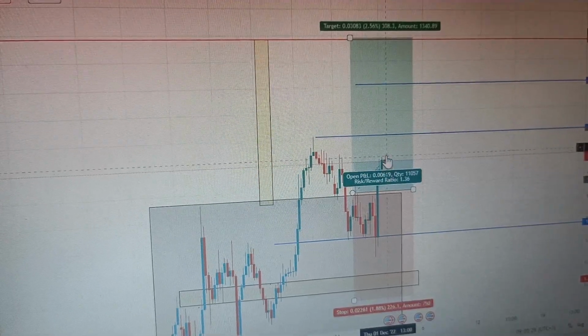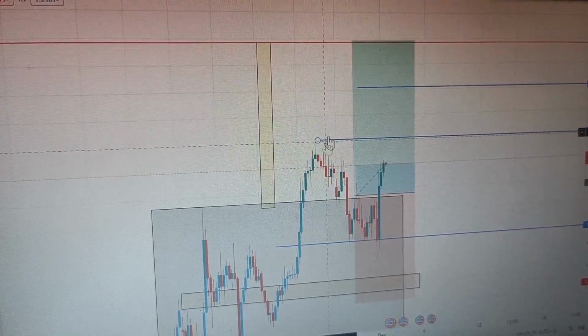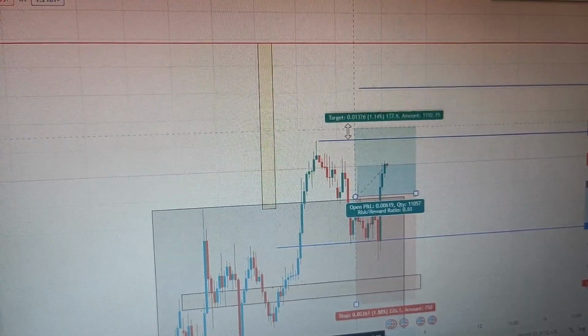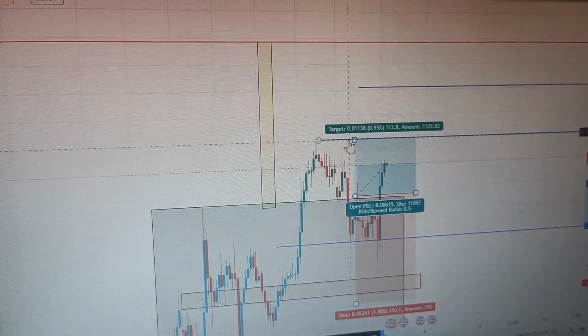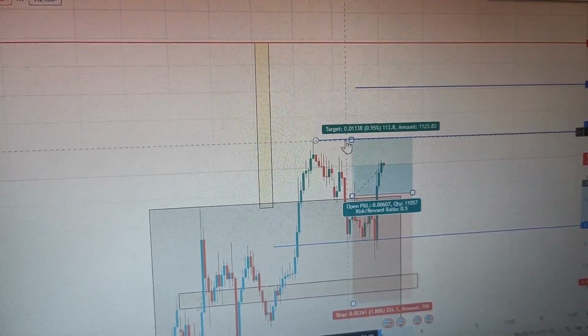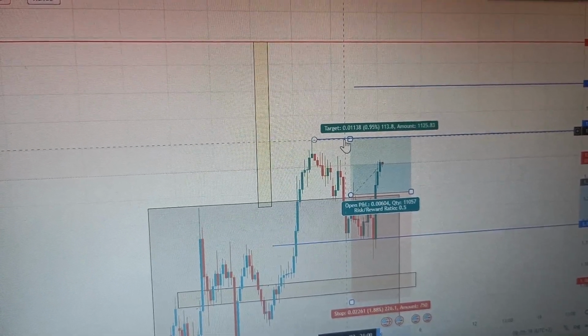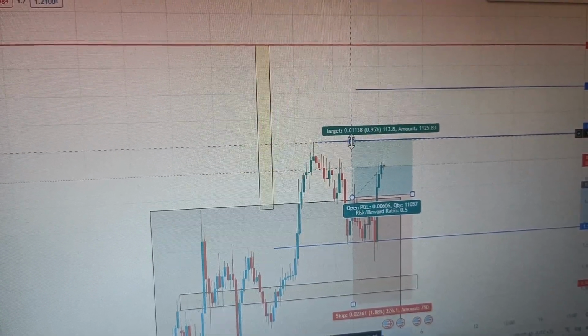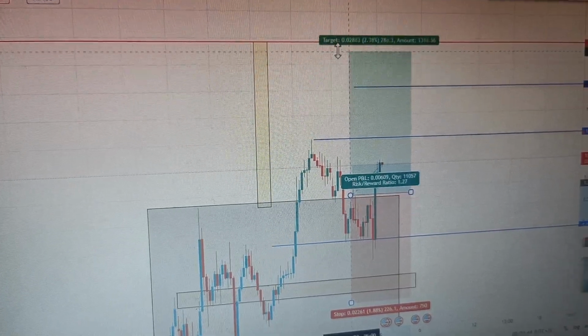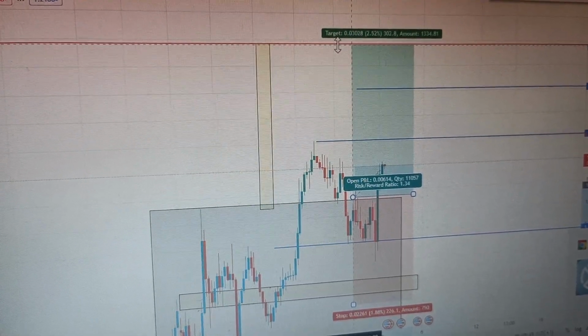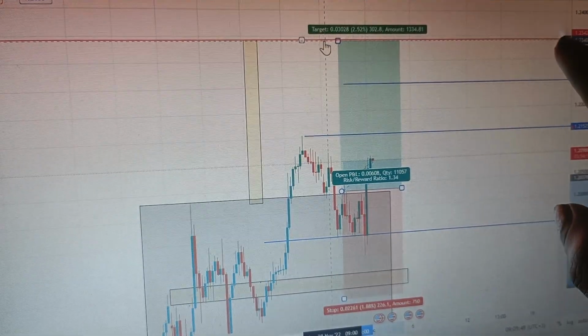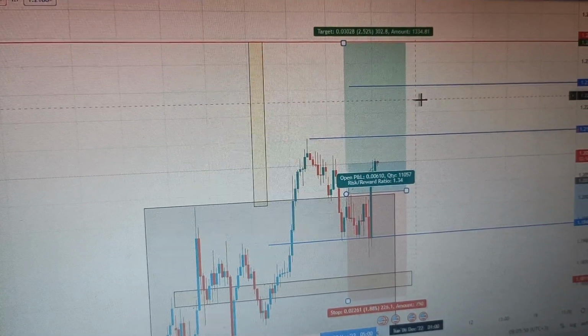So GBPUSD is still continuing. Actually, it's near the TP that I had given. I had given TP of 2150. It is at 2100. So 50 pips more to go and the TP will be hit, and then we can still hold. After that, I'll look for more positions, more entries, so that we can ride GBPUSD all the way to 23. So what I'm trying to show you,